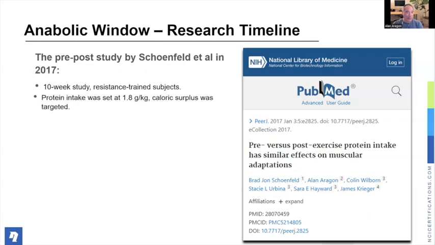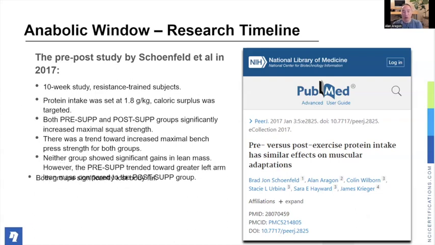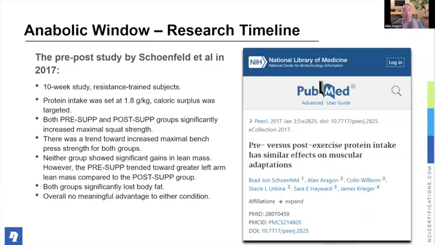And indeed, we did that. And overall, there was no significant advantage to the immediate pre-exercise protein dosing compared to the immediate post-exercise protein dosing. We had to conclude ultimately that the so-called anabolic window in the post-exercise period just did not have this mystical advantage. And it reinforced the concept that we had when we wrote our narrative review a few years prior to this. And the concept was that